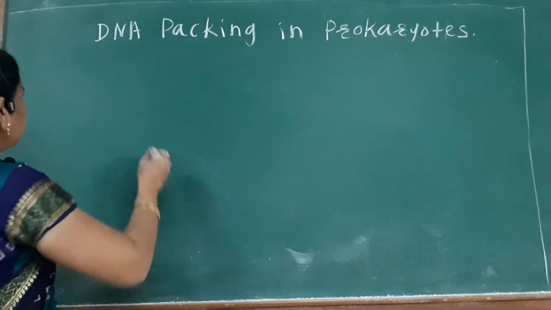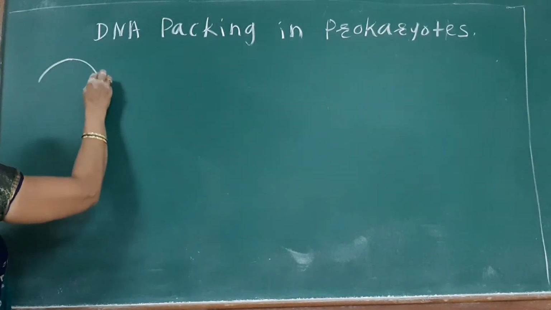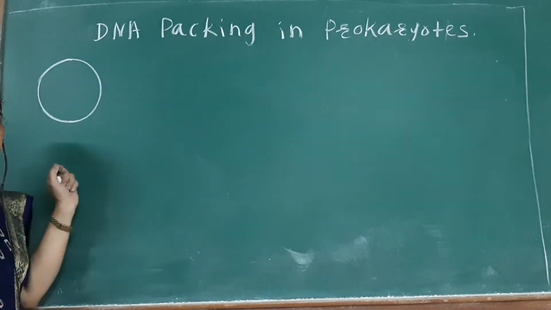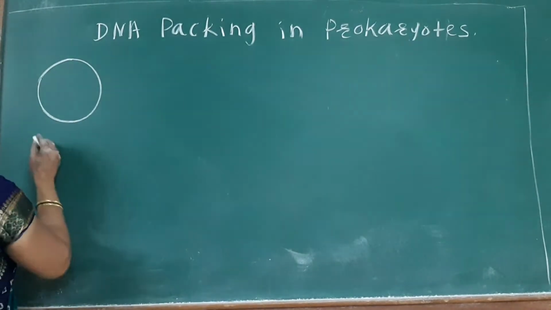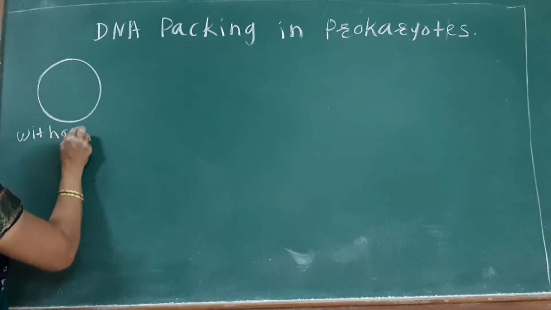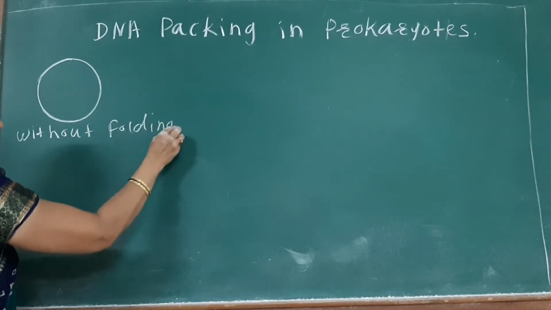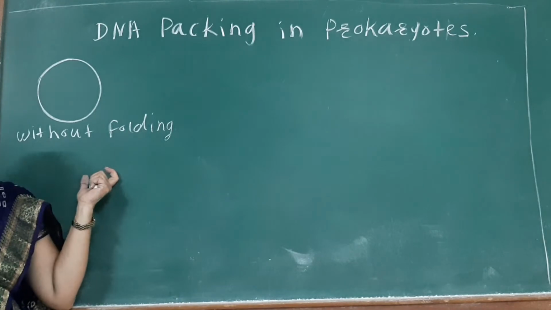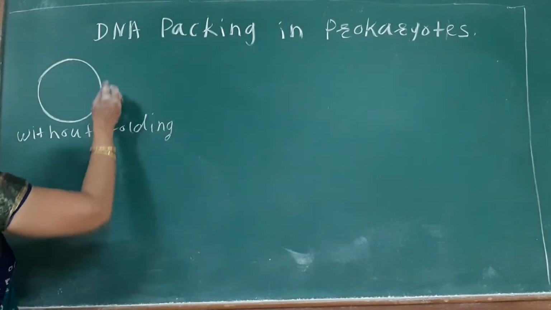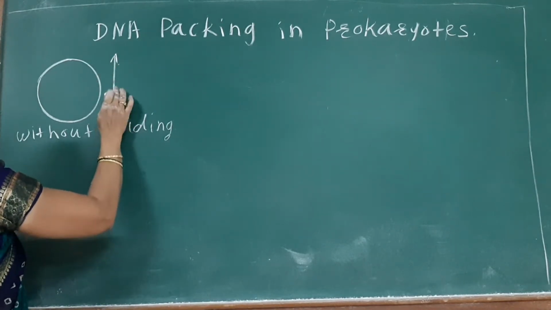It is the circular DNA without folding, like this. This DNA without folding shows a diameter of